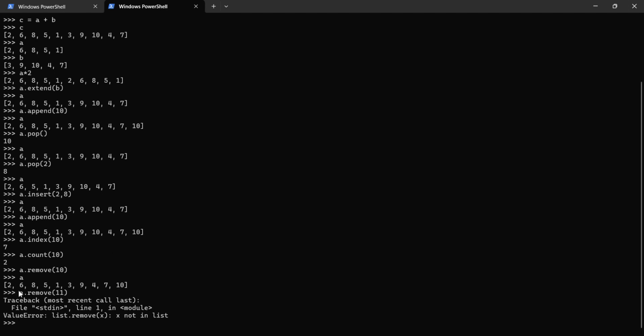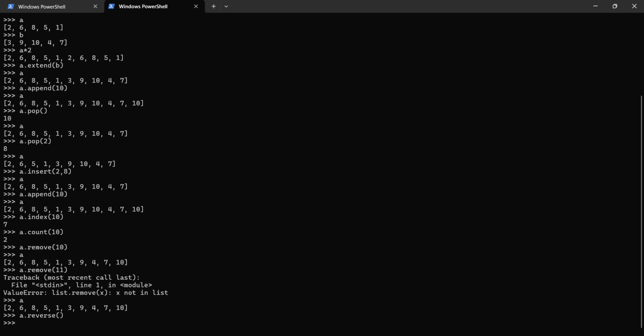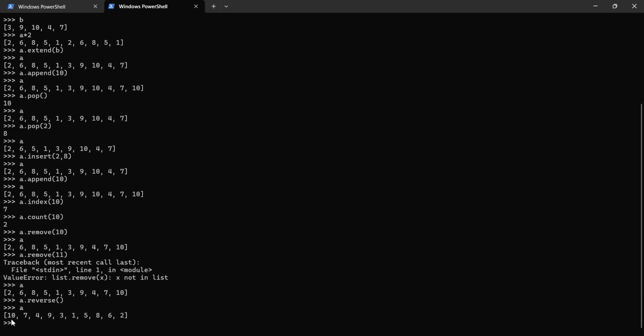So it will turn this, starting with 2, is going to start with what? 10. So if I use the word a dot reverse,